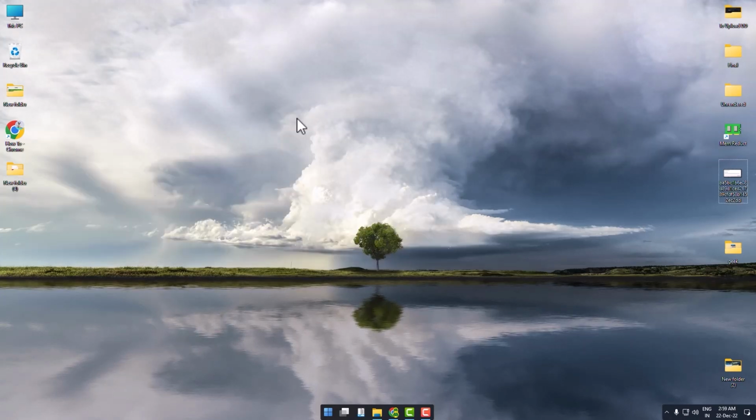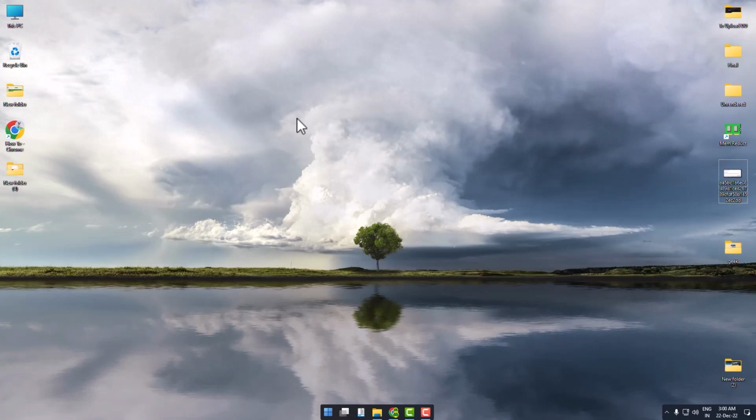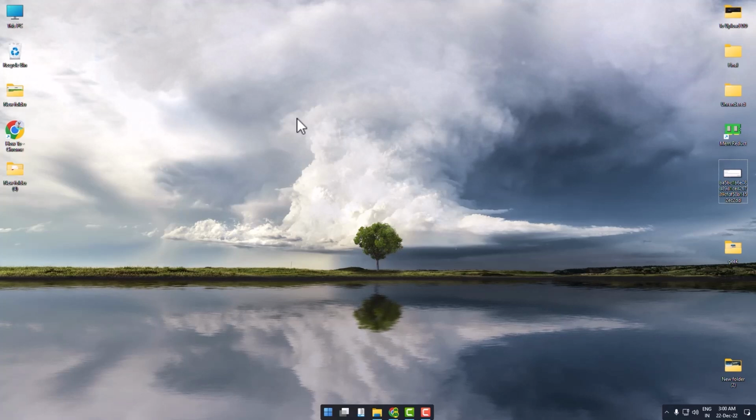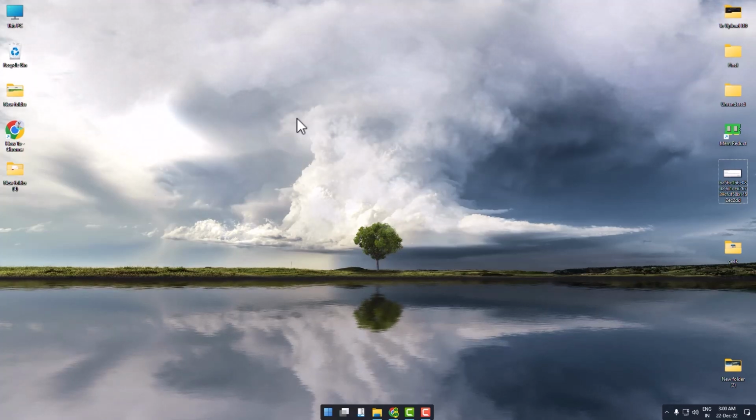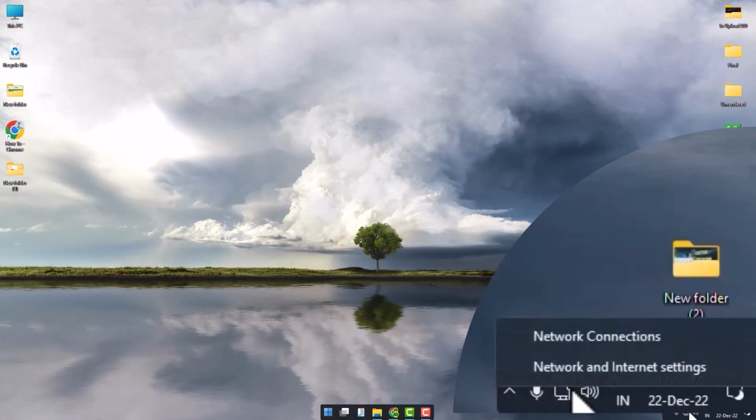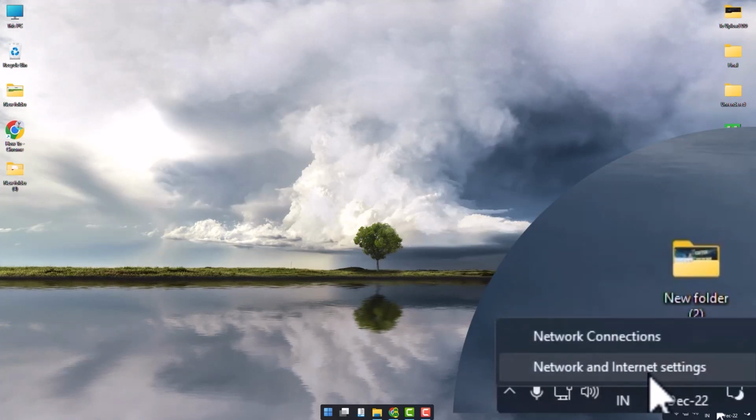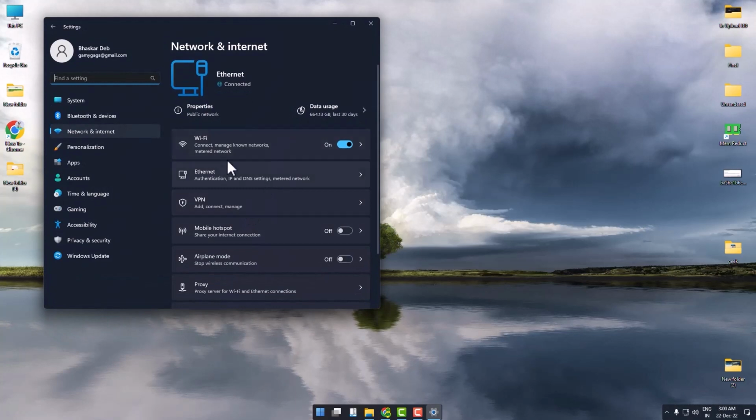So the next step is to change your DNS to the Google DNS servers. In my opinion, the Google DNS servers are more reliable and faster compared to all of them. Now for changing the server, simply right click on the network panel over here, then click on Network and Internet connection, then click on Ethernet over here,